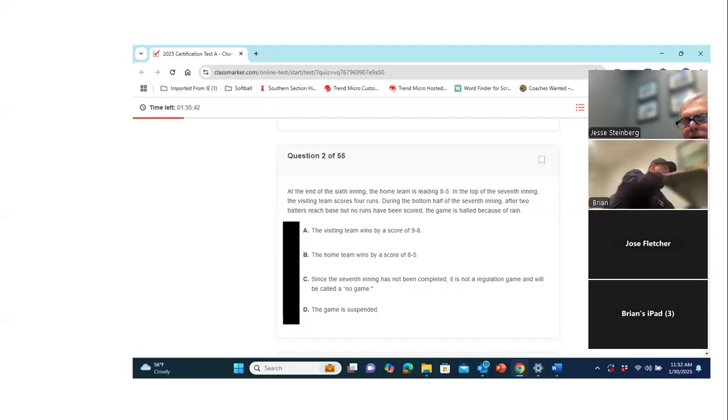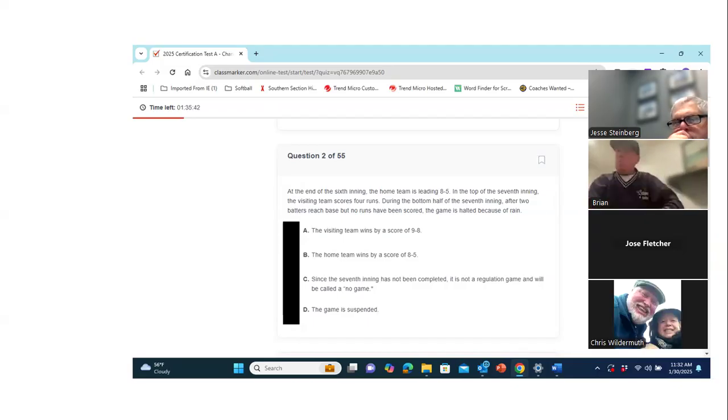Just pointing out, I didn't know this, but it's rule 4.2.2, but under 4.2.3, it actually says if the state association hasn't adopted game-ending procedures, you can shorten or end the game by mutual agreement of opposing coaches and the plate umpire.